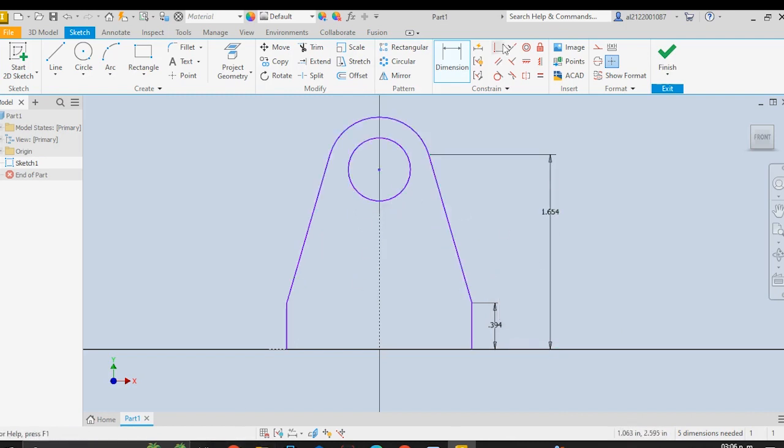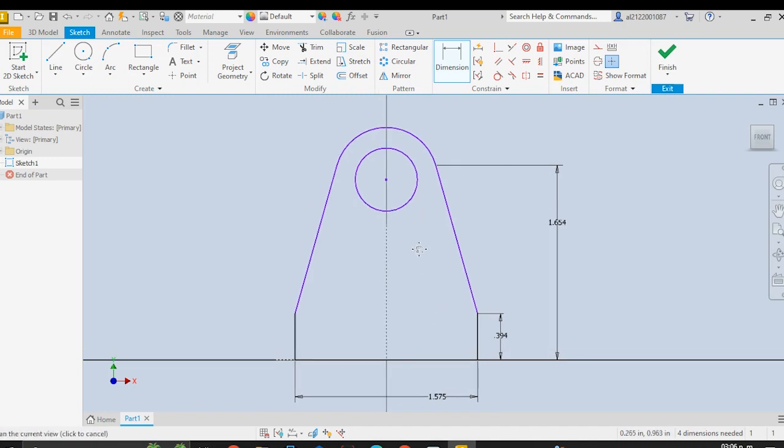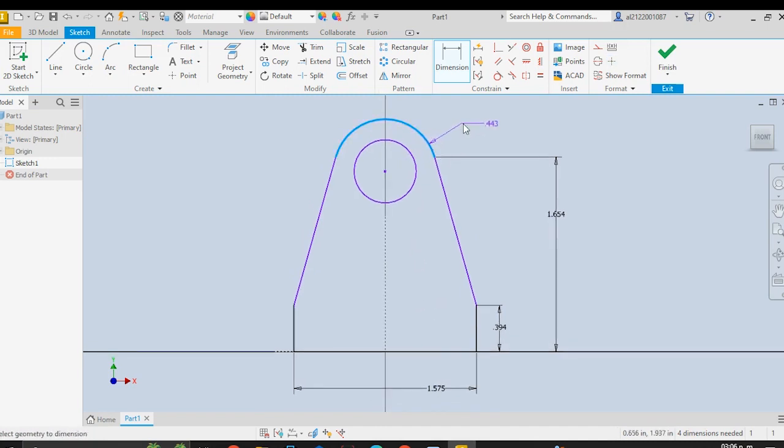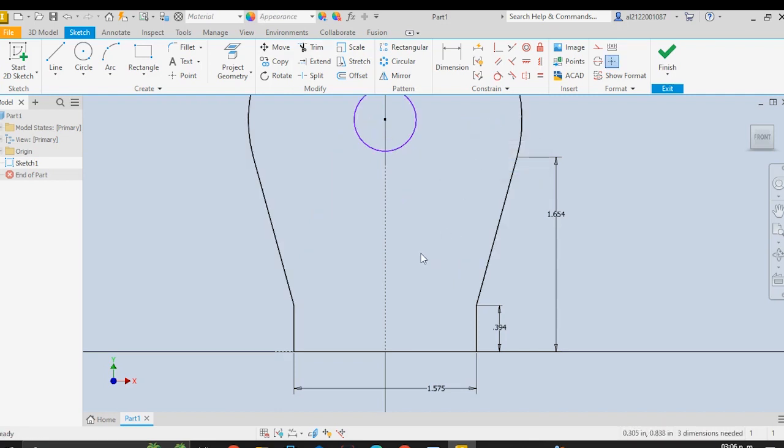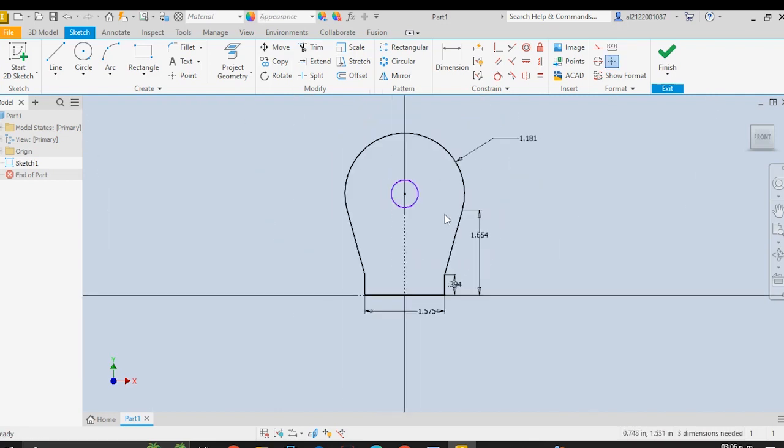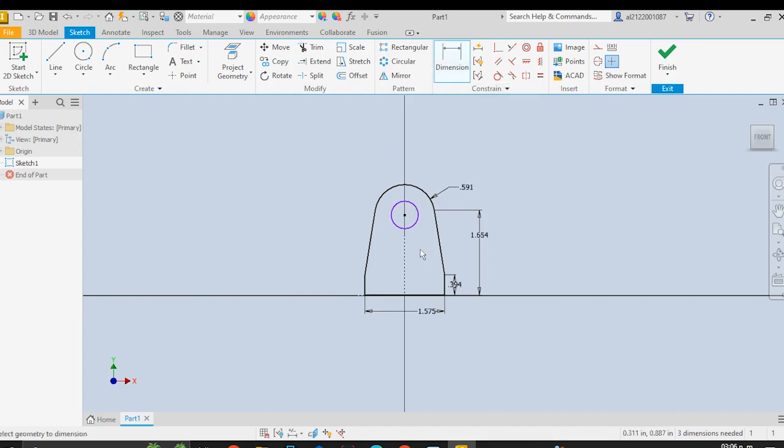and the base is 40 millimeters, and this diameter is 30 millimeters. Slash, and this 15 millimeters,